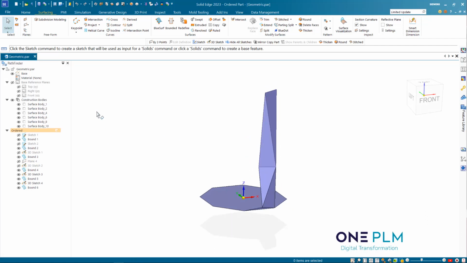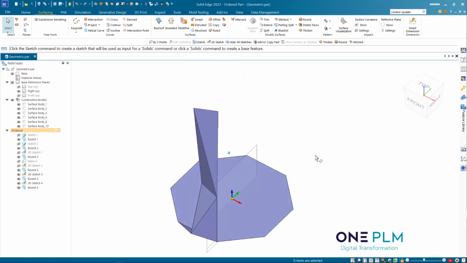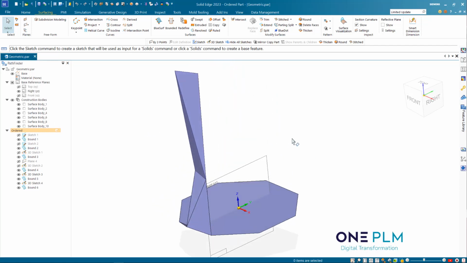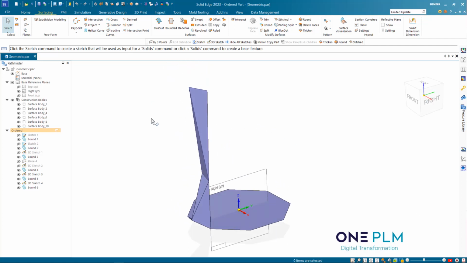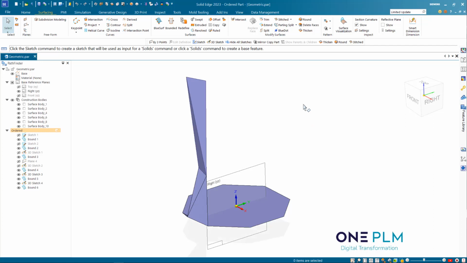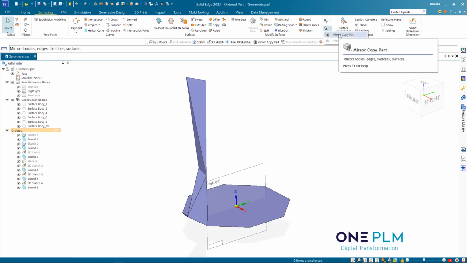And I'm going to go to my base reference planes, and I'm just going to turn on the right plane because that's the one we want for mirroring. Probably would have been a good idea to turn that on earlier. Always nice to think about these at this point. So what we need to do now is go and mirror. So if we go to